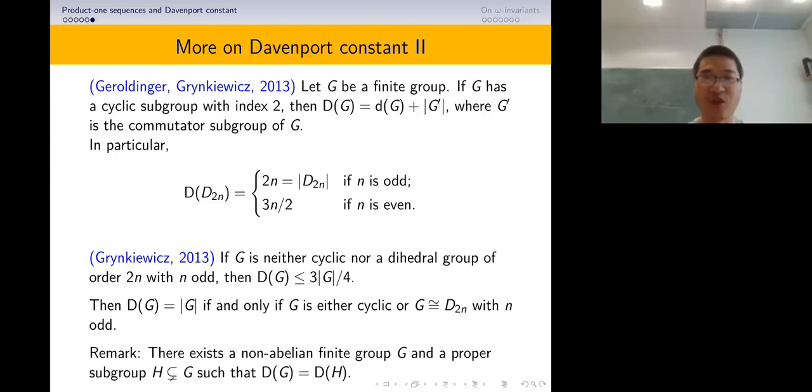If n is odd, then the large Davenport constant of D2n equals 2n, which is just the order of the group. If n is even, then the large Davenport constant equals